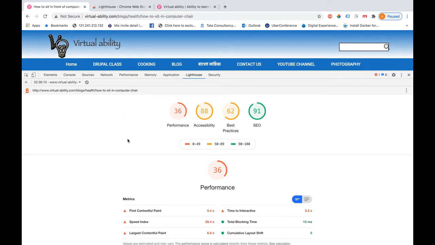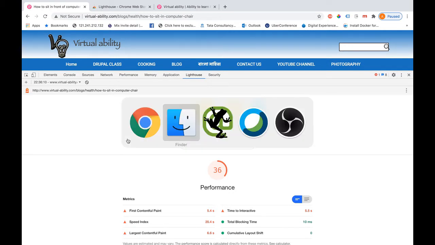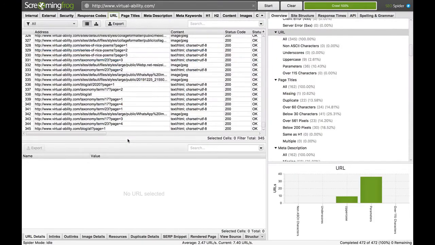So let me go into this other tool, which is Screaming Frog. This is one of the best tools which I have found so far in order to analyze your SEO issues and to fix those. If you see in the search bar, you need to add your domain name here and click on start. It will crawl across your website. If it shows 100%, the crawling is done. That means it has completed scanning all the URLs in the website.